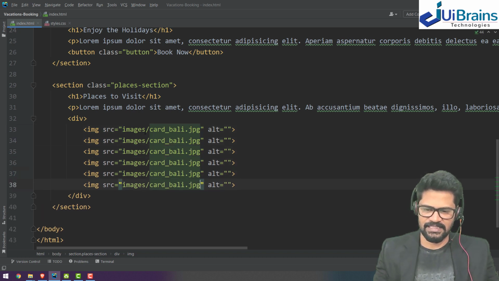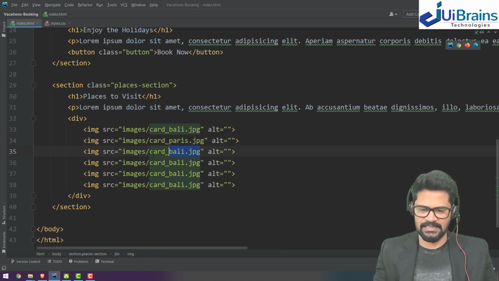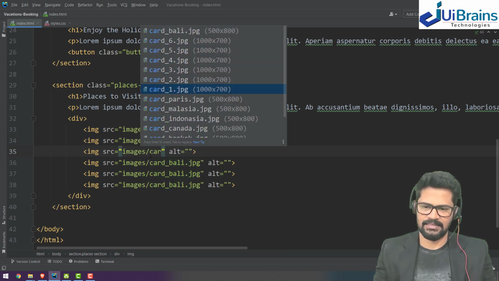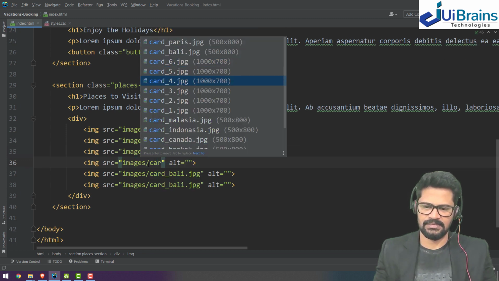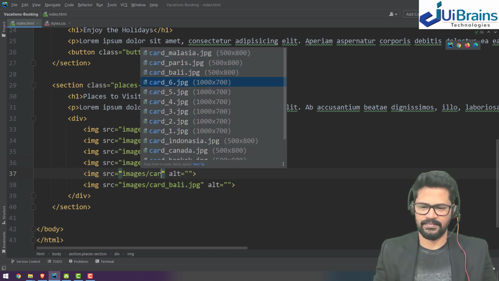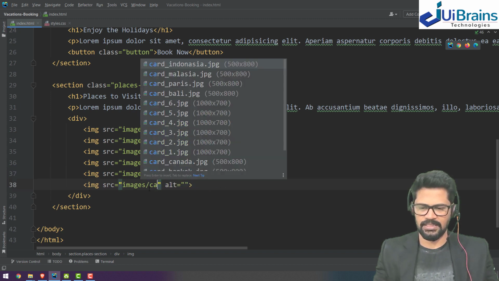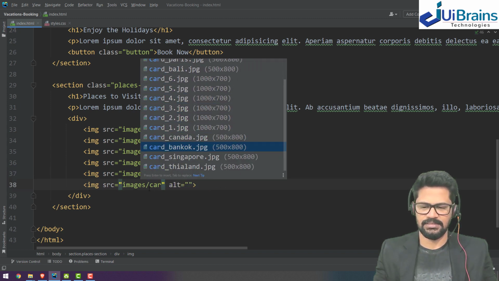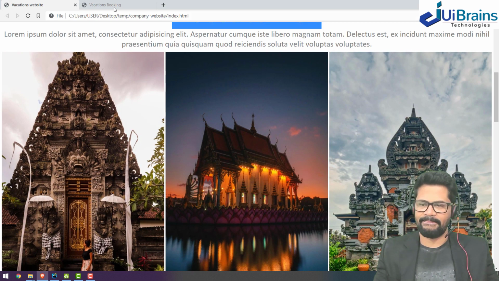So let's have some 6 images. I just gave names like card and so on: card Paris, card Malaysia, card Indonesia, card Canada, and the last one is card Bangkok. Okay, some images. So let's check how it is.